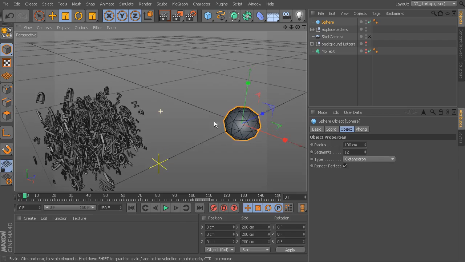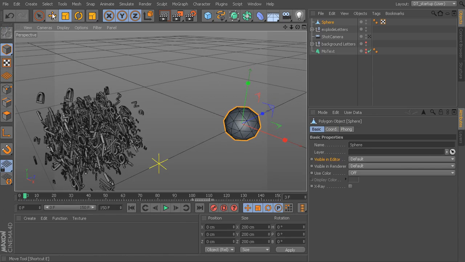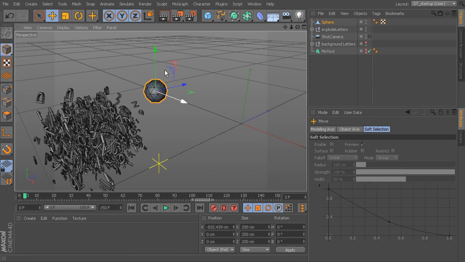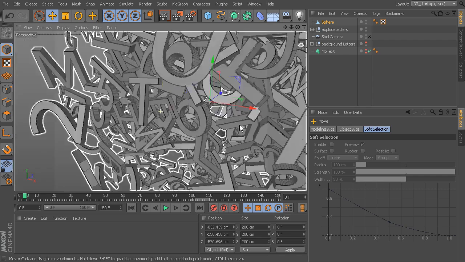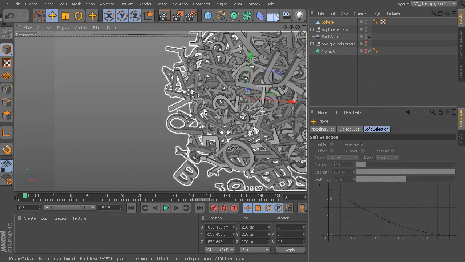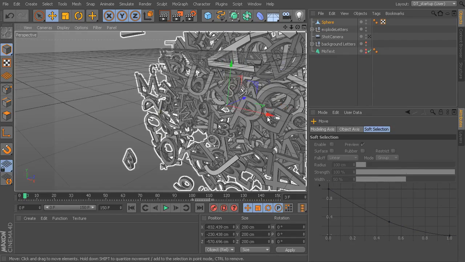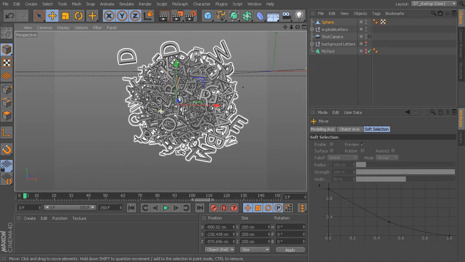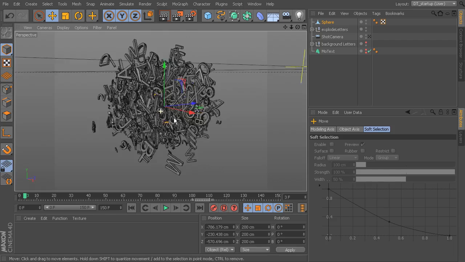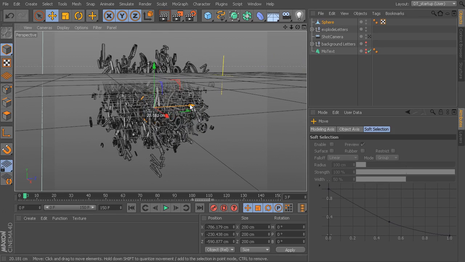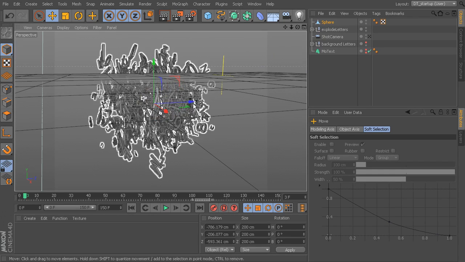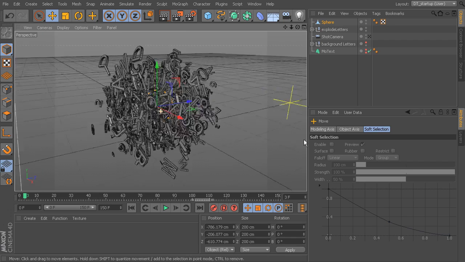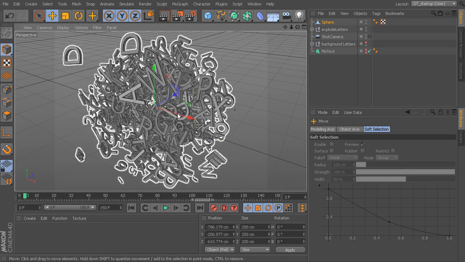Once I've got that, I can make that editable, and then I want to place it into the center of my sphere of letters here. Let's put it in the middle somewhere. It doesn't have to be exact, but I just want to place it generally within the sphere here. Okay. Now what I want to happen is as these letters explode, I want these spikes to sort of shoot